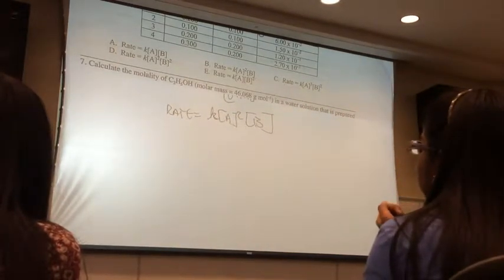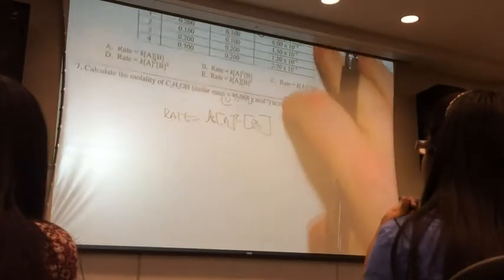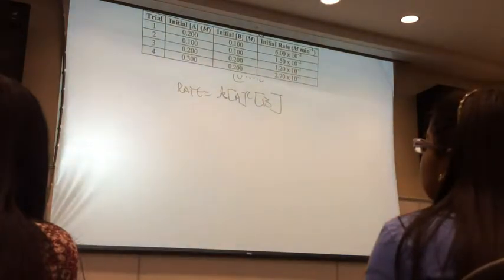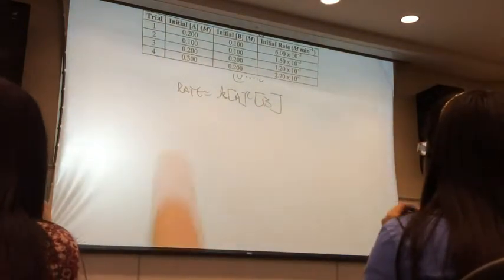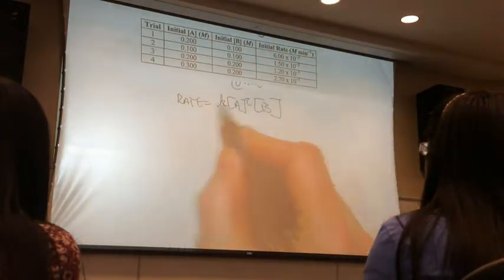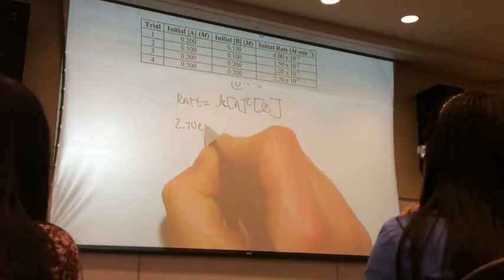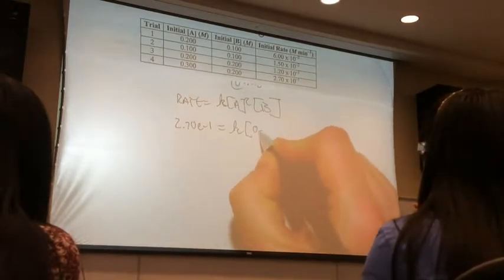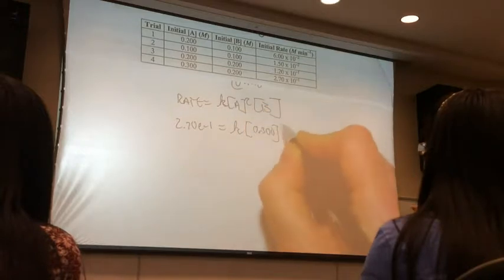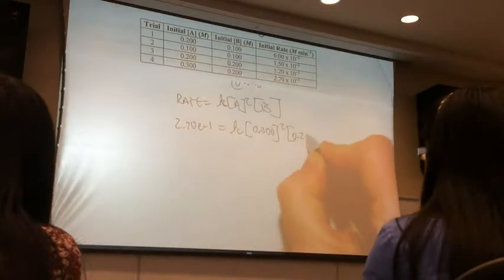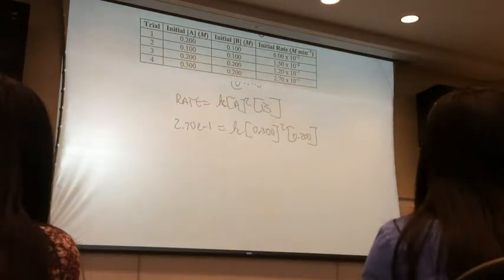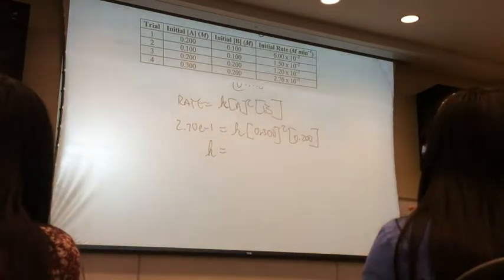Plug in values for the rate, the chemical concentrations, and then divide the rate by the... That's right. I take any one of your experiments and plug them in. We didn't use 4 yet. Let's use experiment 4 up here. So what you would have, the rate is 2.7 times 10 to the minus 1 equals, I don't know K, A is 0.3 quantity squared times 0.2. Okay? So working that out, your K is going to be equal to